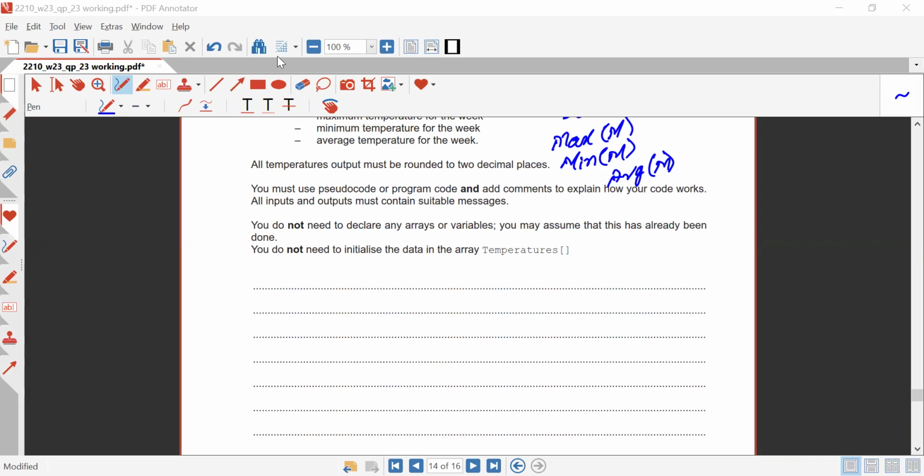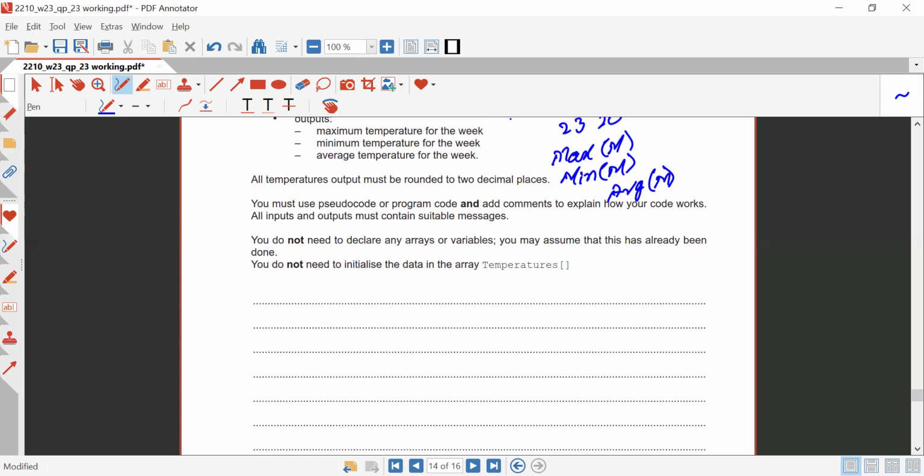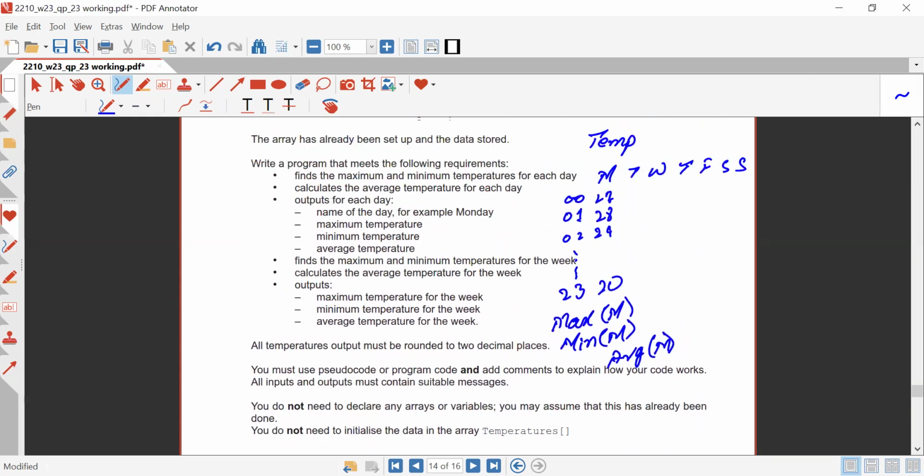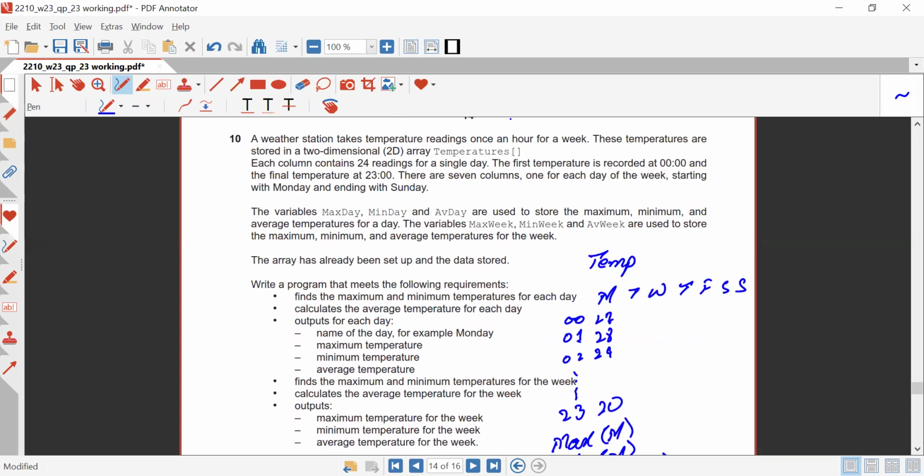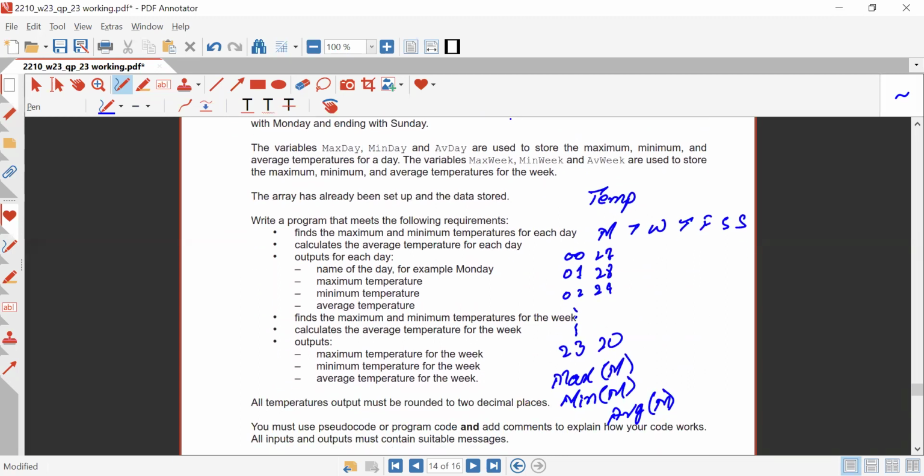Welcome to the next phase and the last phase of this past paper. In the last phase, we just discussed the scenario-based question, what the demand of the scenario-based question is. So we need to give the maximum, minimum, and the average temperature for each day. First of all, we need to output them as well as display the maximum, minimum, and the